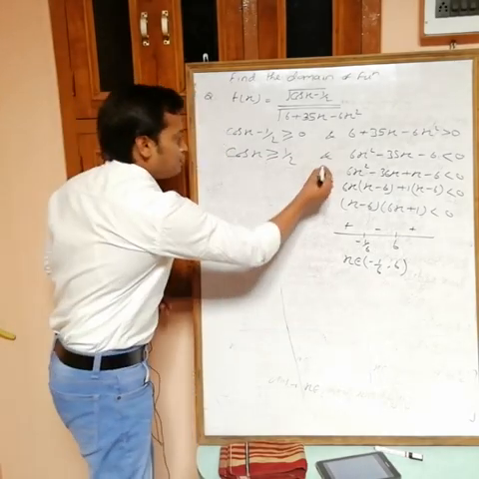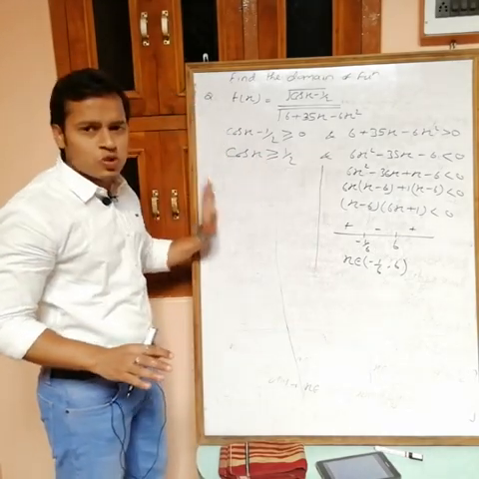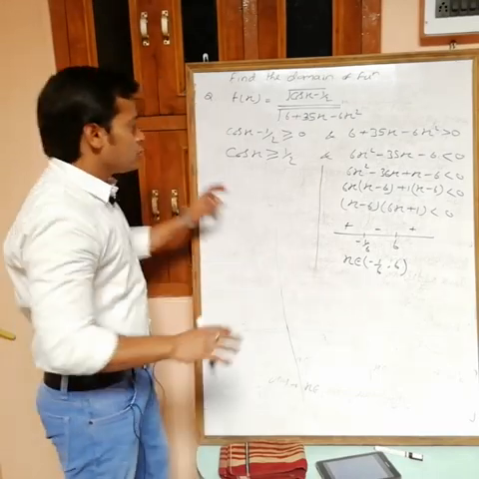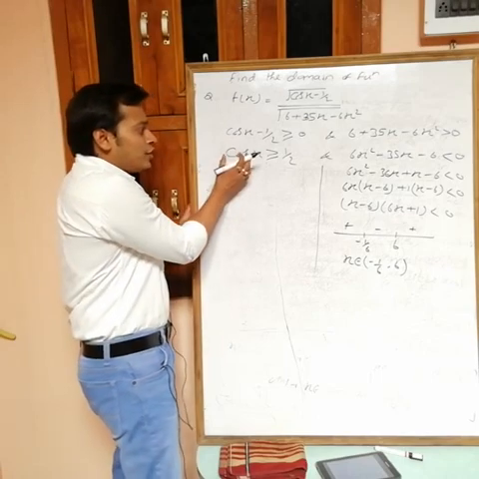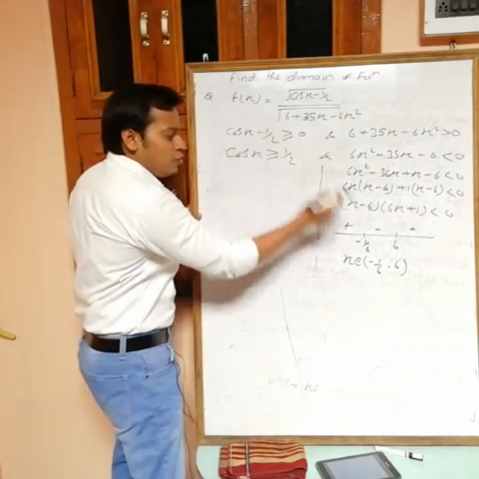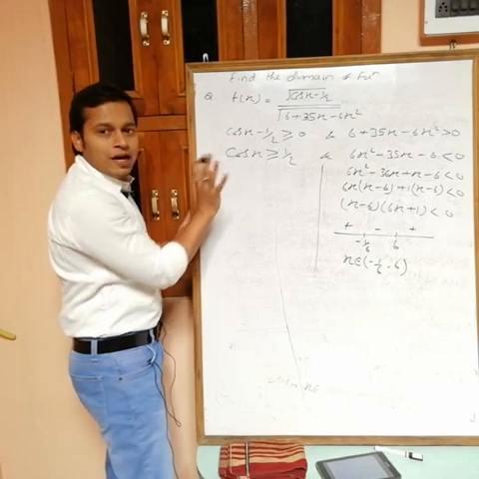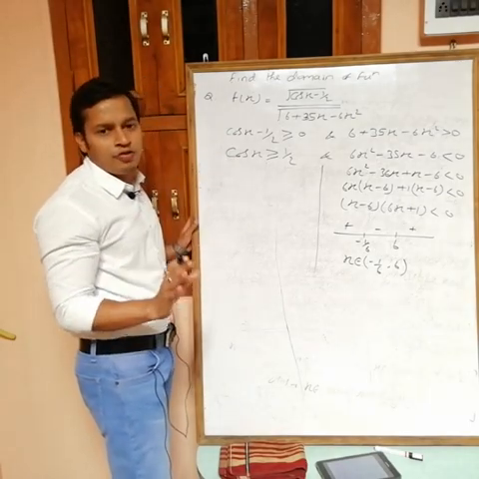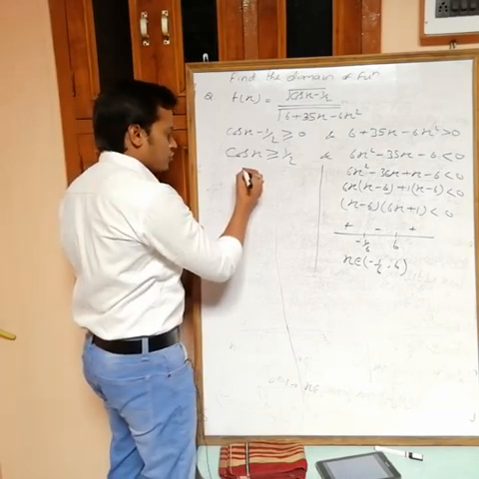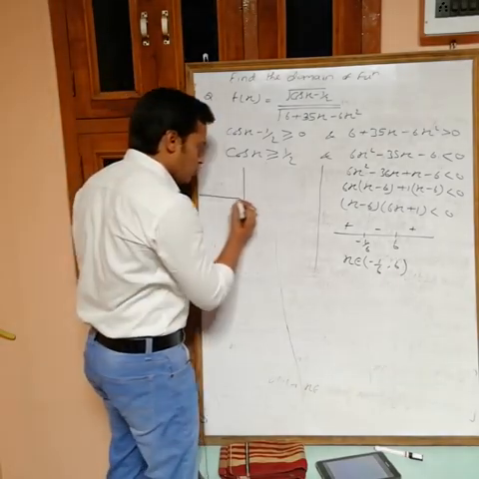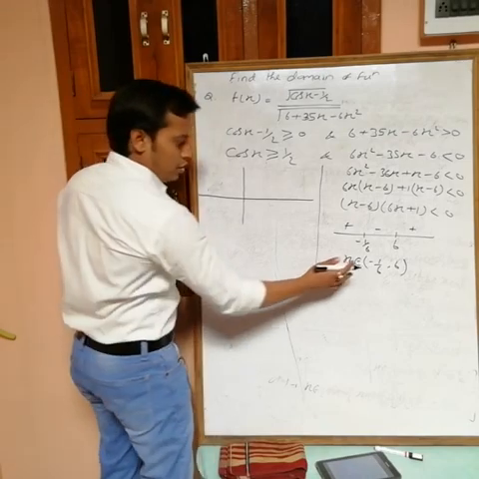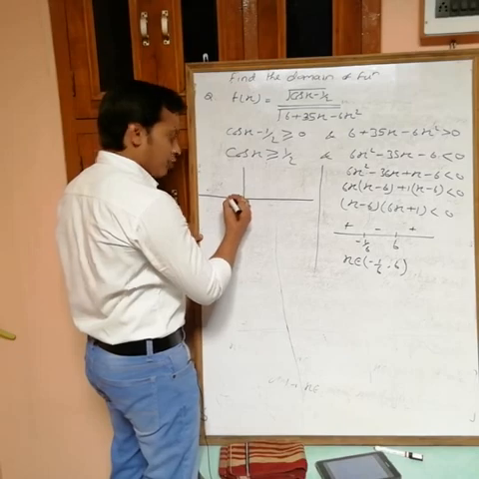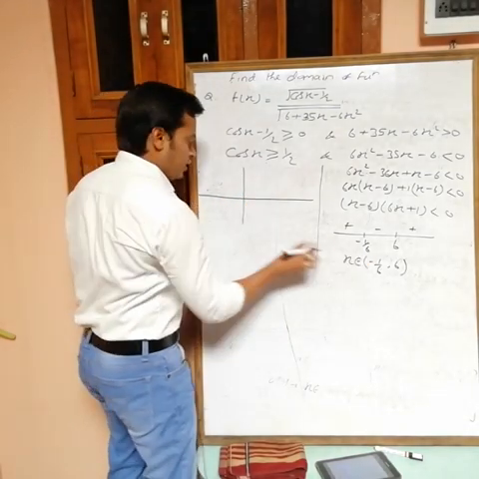So cos x is greater than or equal to 1 by 2, but I know one thing, that I can't take x outside this one. So I will find the values of x for which cos x is greater than or equal to 1 by 2 and which lie in this interval. For that I have to draw the graph. To solve the trigonometric inequality, use a graph; then it becomes easy. So see, this is cos x, and here I can take only minus 1 by 6 to 6. So I am drawing the graph from minus pi by 2, because we have some negative values.